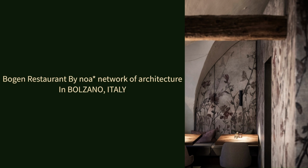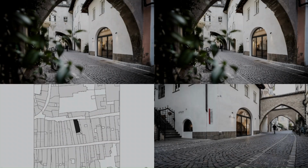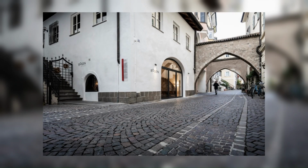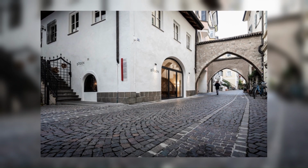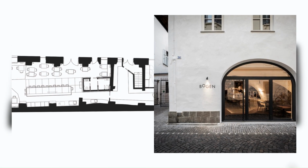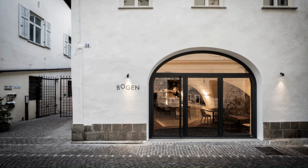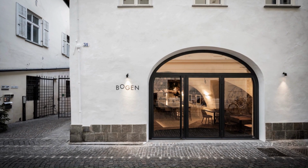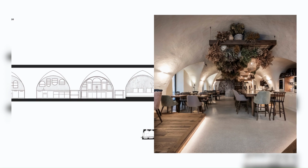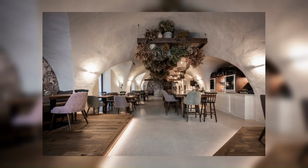Bogen Restaurant by Noah *, network of architecture in Bolzano, Italy. An ancient barrel-vaulted workshop hides under the dust of history along one of the oldest trade streets of Bolzano. Noah * breathes new life into this space, transforming it into a welcoming bistro poised between historical heritage and contemporary